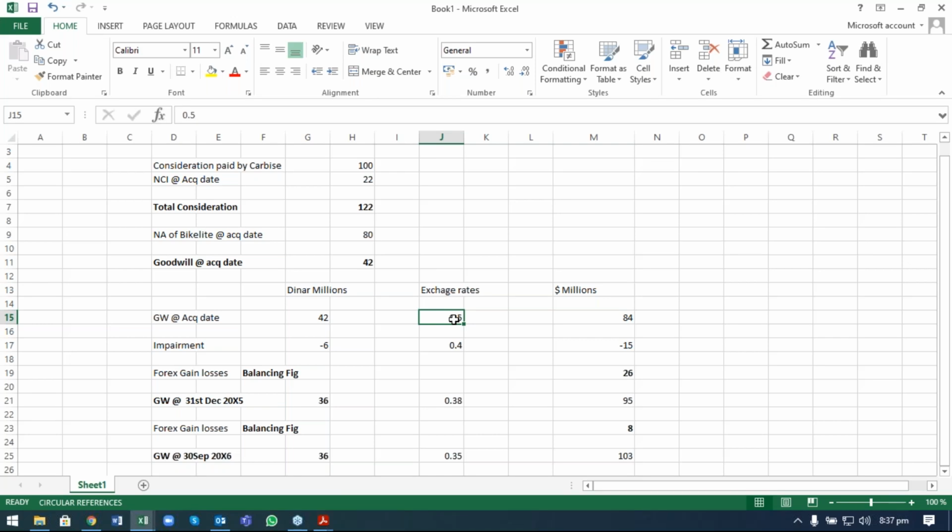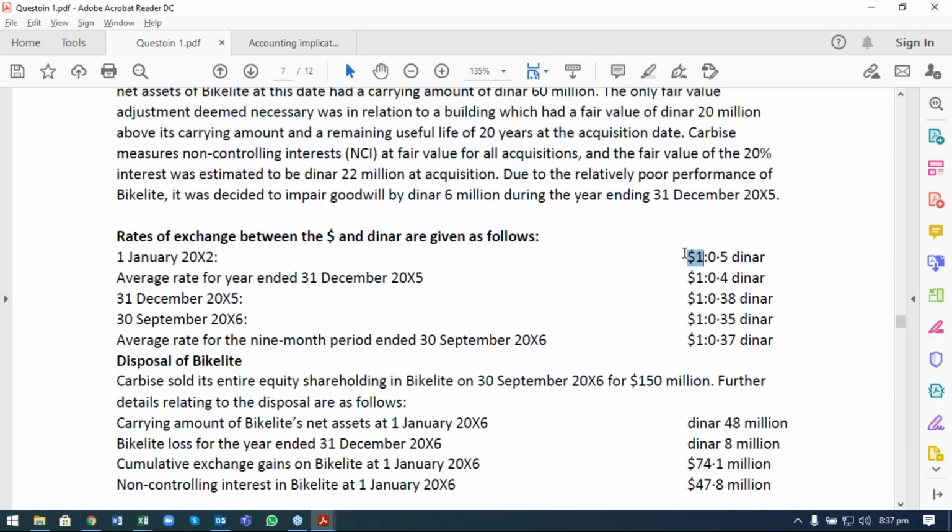So you always need to make sure you are understanding which value is higher. So the result should be higher. If the dollar value was lower, suppose we look at $0.5 equals 1 dinar, it means the dinar value once converted into dollars would be reduced, because a lower amount of dollars will be converted into higher dinars. But in this case, it is vice versa, a different situation,